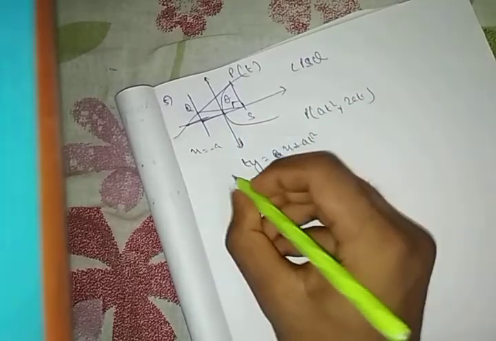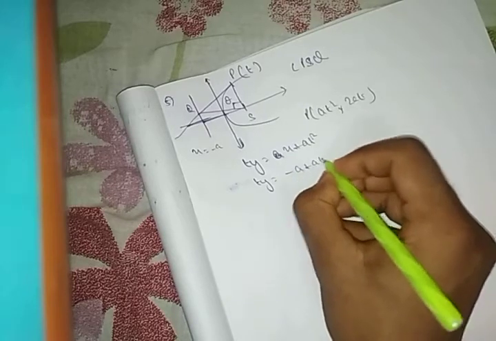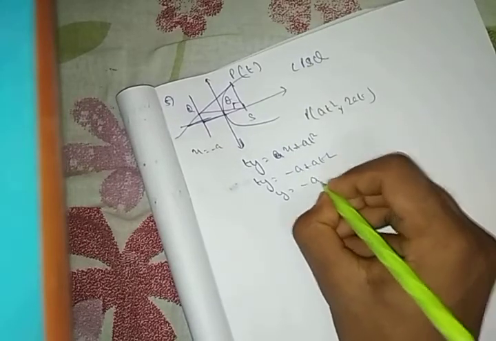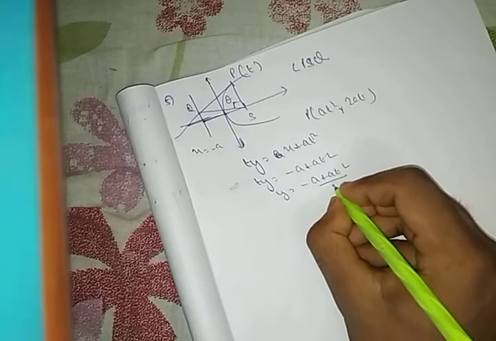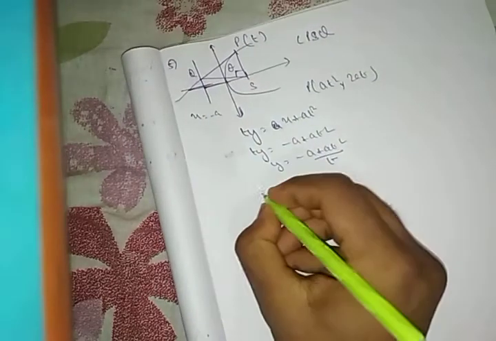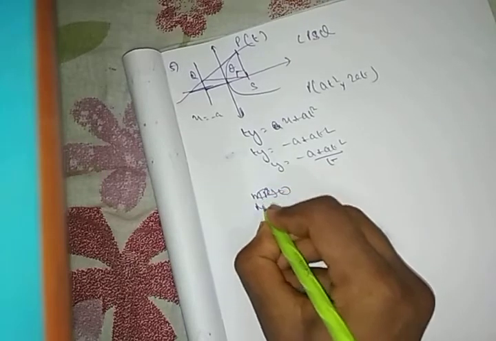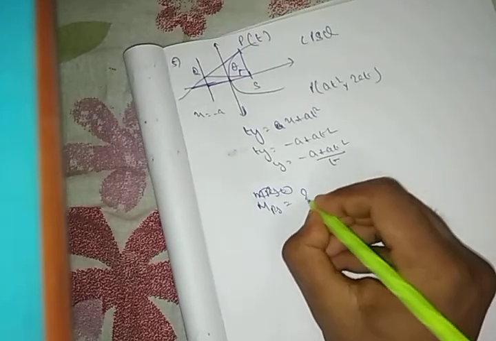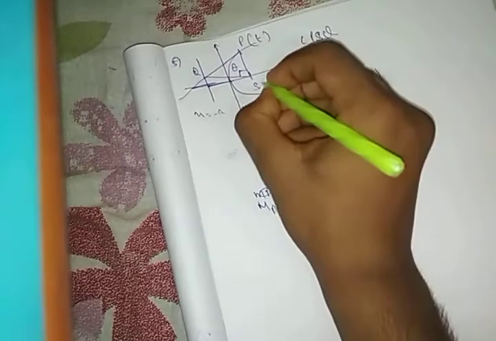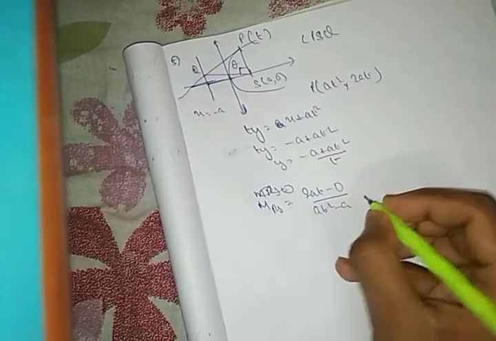Coordinate of Q will be, put x equal to minus a over here. So ty is equal to minus a plus at square. So y is equal to (minus a plus at square) by t. Okay, so what is the slope? Slope of PS will be MPS. Slope of PS will be what? (2at minus 0) by (at square minus a), since S is (a, 0).